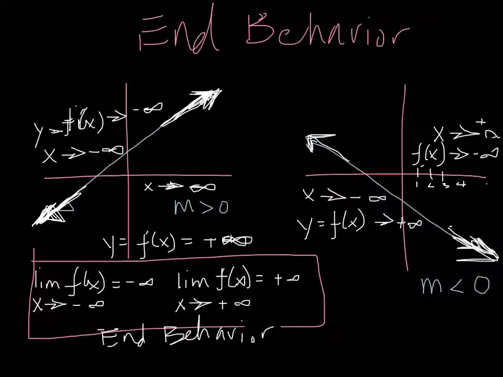Okay, that was the end behavior if my slope is positive. Let's write the end behavior of this line if my slope is negative. I'm going to write it up here. So, the limit as x approaches negative infinity, as my x's approach negative infinity, my y's are going to positive infinity. Okay, on this right side, as x approaches positive infinity,